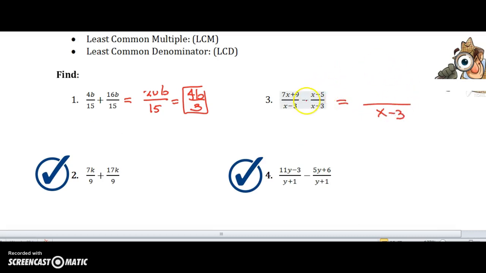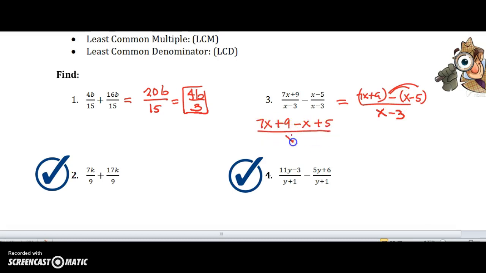So on our numerator, beware of this negative sign. We have 7x plus 9 minus, go ahead and put a house around that couple, x minus 5. They're married. And so we have to distribute our negative sign. So be careful. 7x plus 9 minus x plus 5, because I've distributed the negative, which changed everyone's sign. And now when we combine our like terms, we have 6x